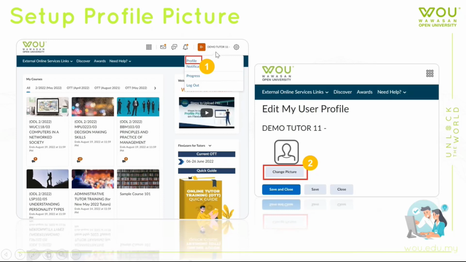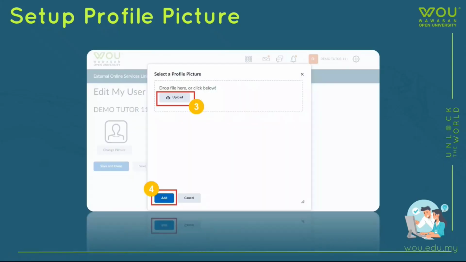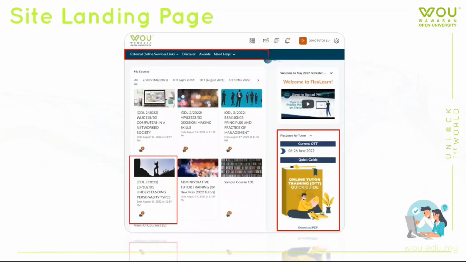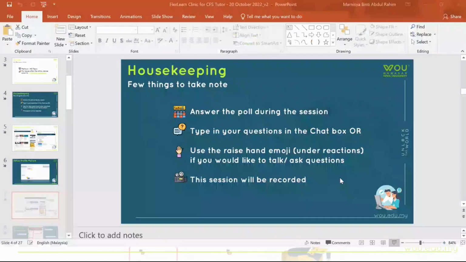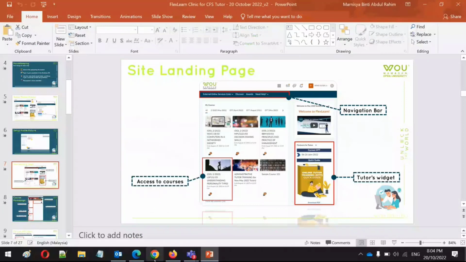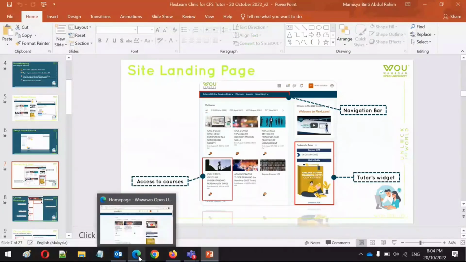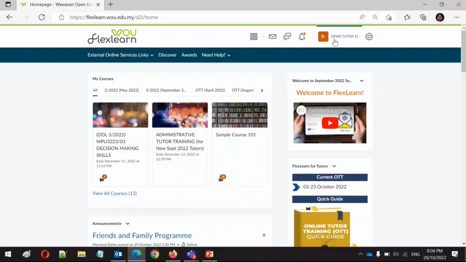You go to your name, click on the profile, and you can select any picture that best describes you, and then you can save the picture, and your students will be able to see you online. Since there are only a few of us, I'll do a live demo